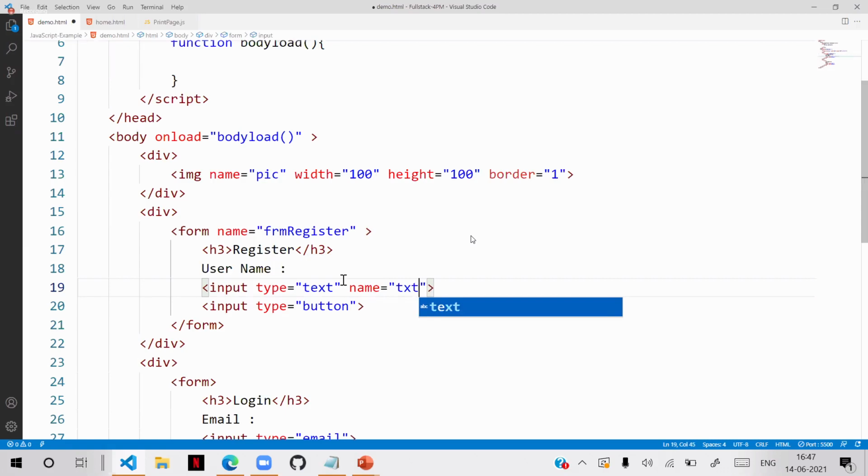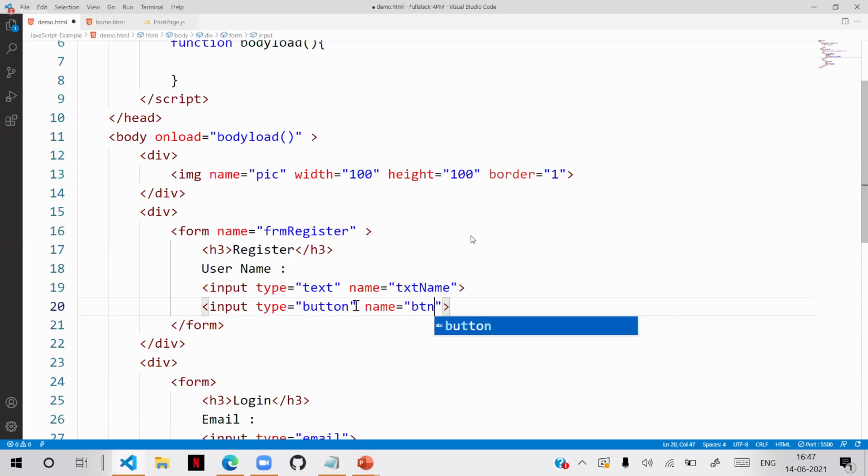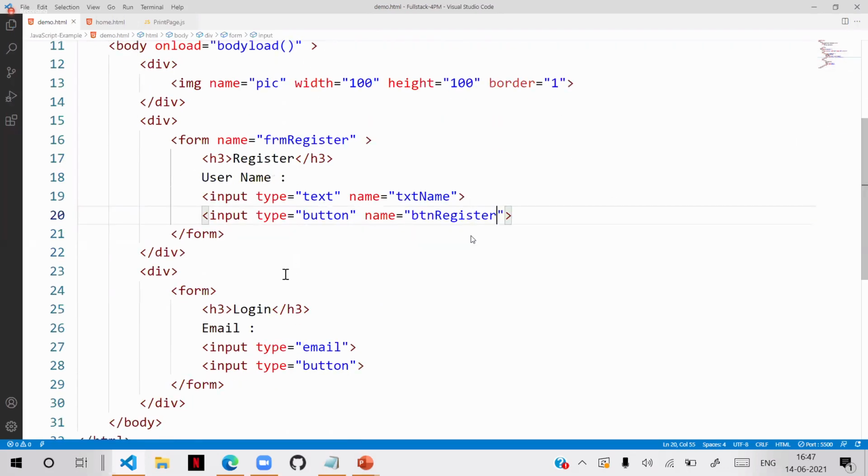So txt name, and here button name, btn register. These are the names given for them. Now the second form has the name FRM login, and this has the name txt email, and this one btn login. That is the name defined.